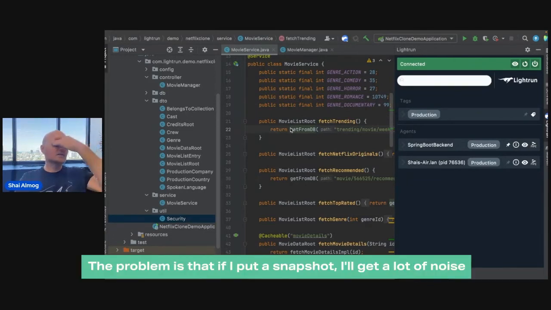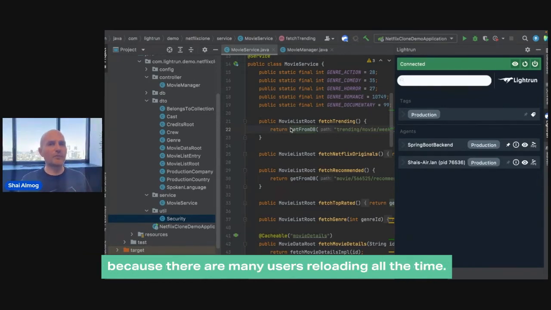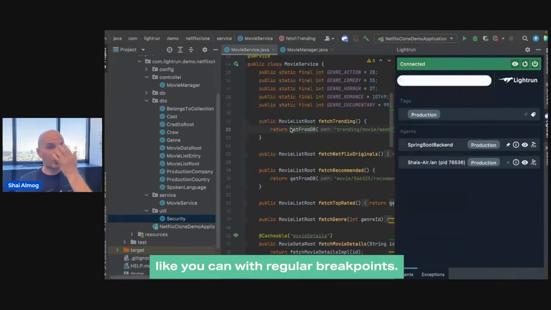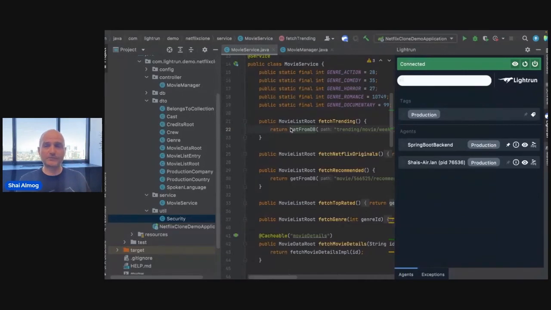The problem is that if I put a snapshot, I'll get a lot of noise because there are many users reloading all the time. So a solution is to use a conditional snapshot, like you can with regular breakpoints.